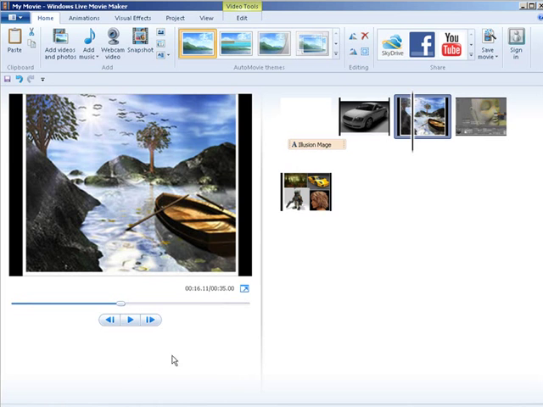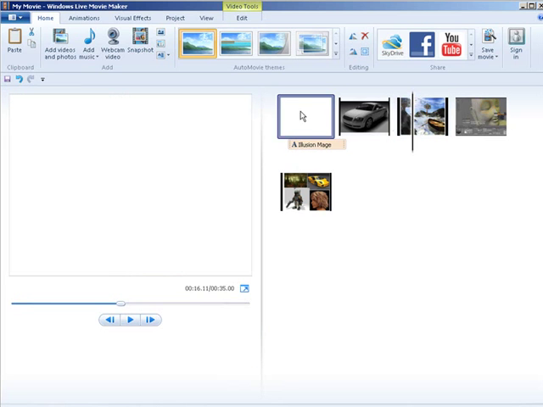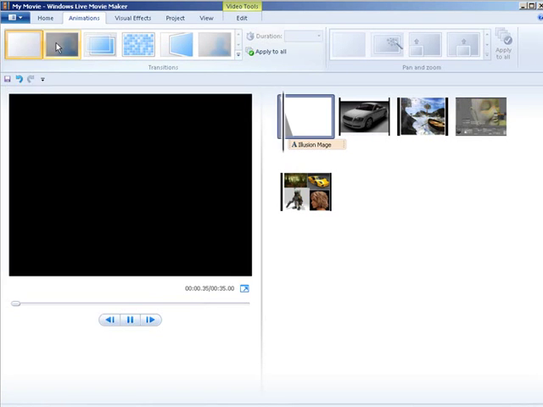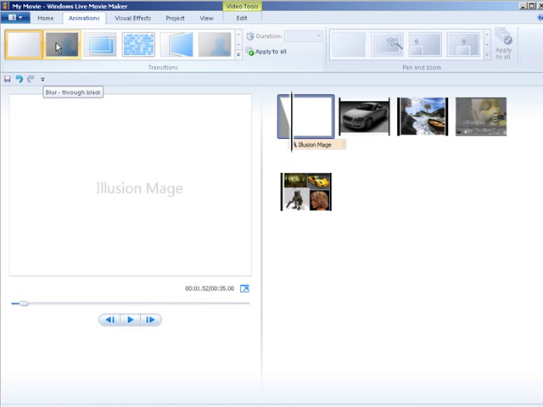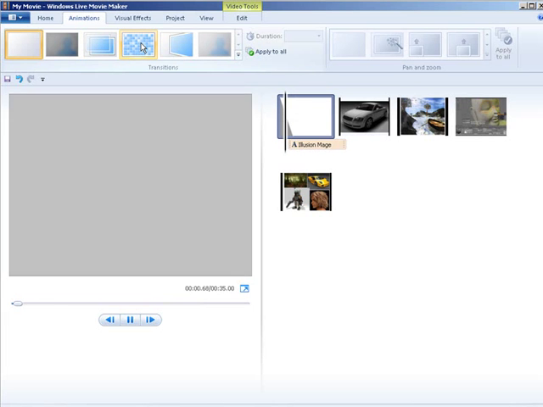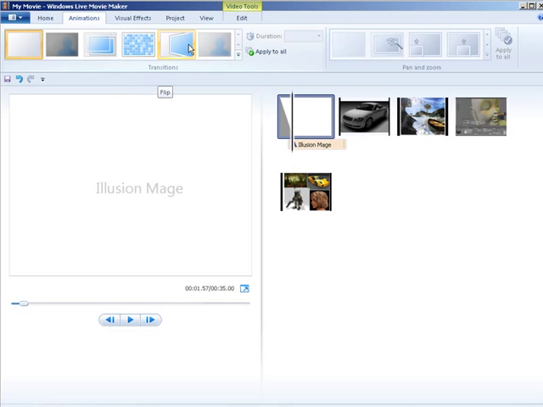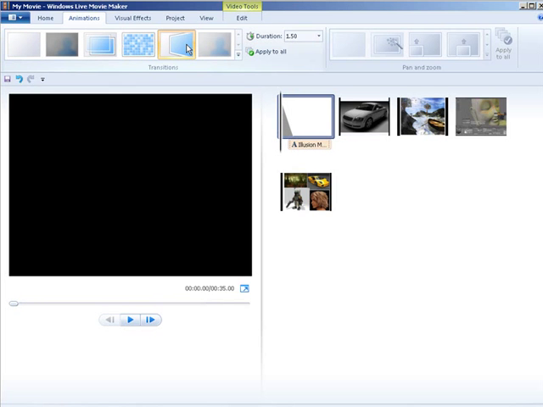Now let's go back and select the first one again. And what we can do now is we can put some animations in there if we want. We'll click on animations. And when you put your mouse over top, we have no transition. Then we have a blur through, black, crossfade, pixelate. You see what's going on the screen there. Okay, so if we click on that one,